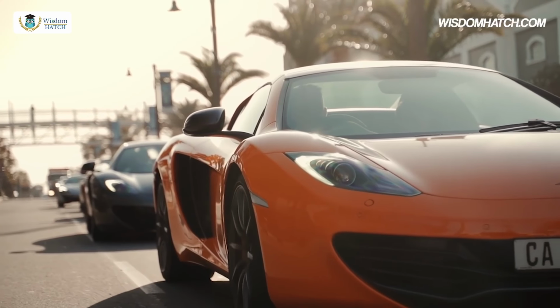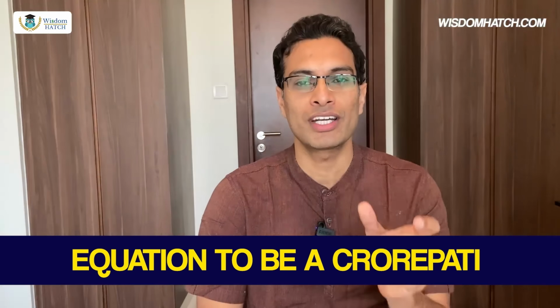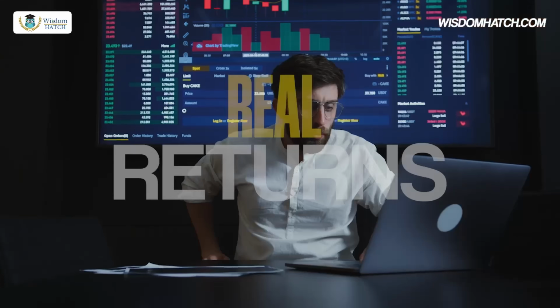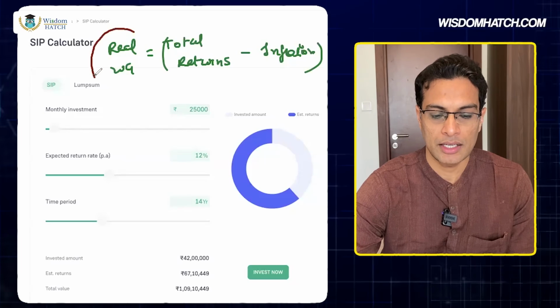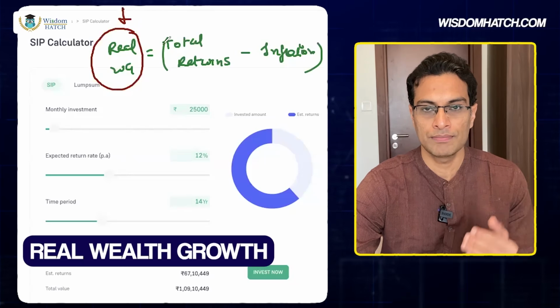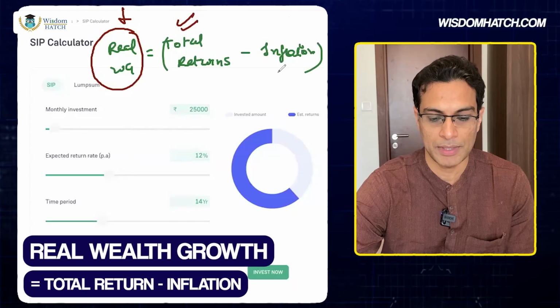So if you want to become a real crorepati, then what is the mathematical equation that you should know, or what is that rough estimate that you should know? Okay, so for that, we need to understand the concept of real returns, right? Okay, so in order to understand this, you need to understand this equation. This is real wealth growth is equivalent to total returns that you are making from any type of investment minus